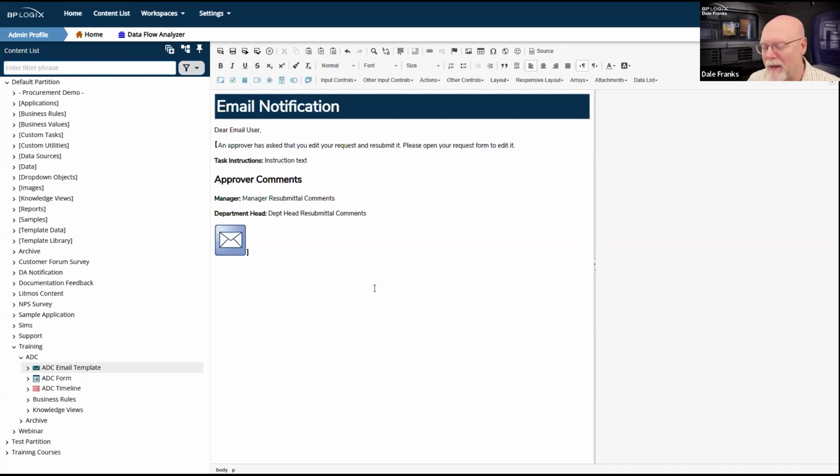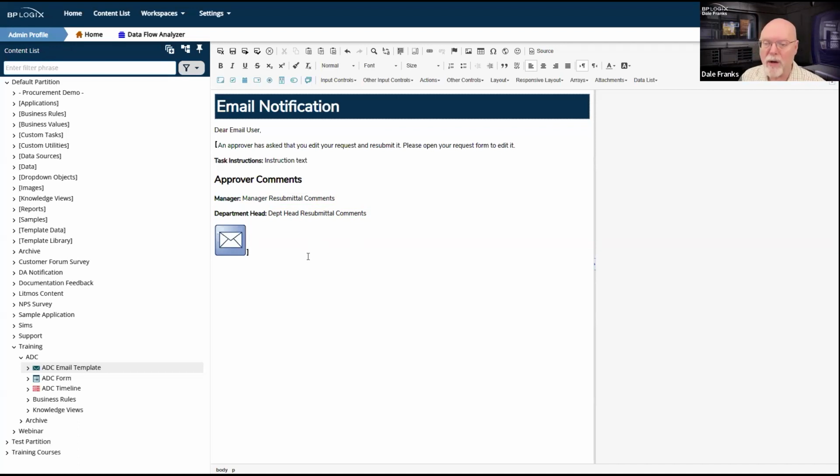Normally I would kind of test this now, but I'm going to go ahead and build all of them and then we'll test them all at the same time. And if there's any problem, we'll just troubleshoot at that time. So we'll just go ahead and try to power on through this. Now this section is essentially done. So this is what I want my submitter to see.